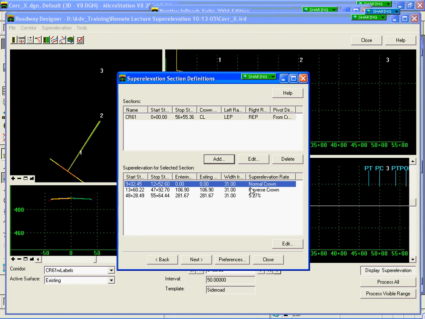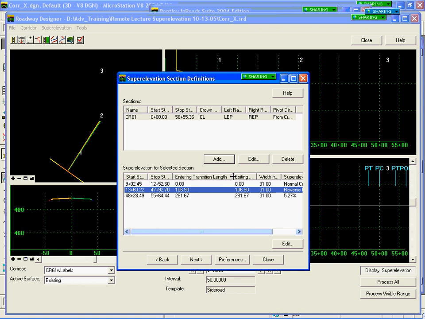Notice how the normal crown curve, which is the first curve on this alignment, is 0, which makes sense. Also notice that it has computed a width, from the crown to the range point, to compute the entering and the exiting